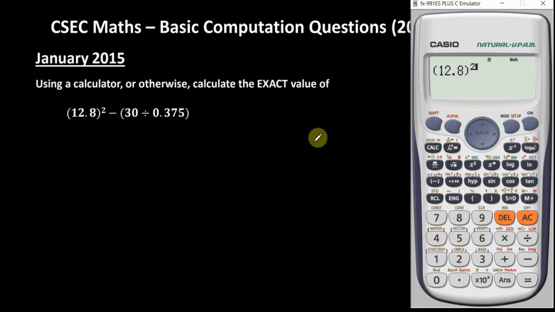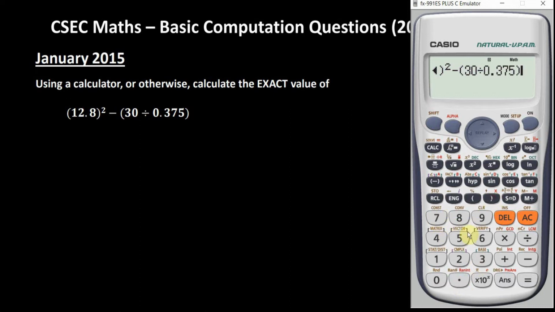So before we proceed, if you continue to type, if you should put that minus sign right away, it will appear exactly beside the power. We don't want it like that. That's not how it is here. So before we can actually type this minus symbol, we want to tap to the right, so that you can notice that the cursor actually moved. So now we can put our minus sign here, open bracket, 30, the division sign, and we have